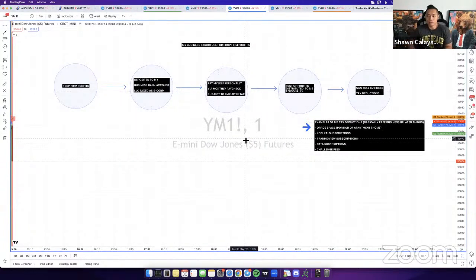As I mentioned, there's different ways to do it. You guys should definitely consult with an actual CPA or some type of tax specialist to figure out what fits your criteria more. But if you start to make, say, 25K in profits, then you should probably go the LLC route. If you start making over 75K, then you should do the S corp route because you get better tax deductions. So I make over 100K trading, so I pay myself over 100K, and then everything else at the end gets added on to it. So that's the way that I do it.